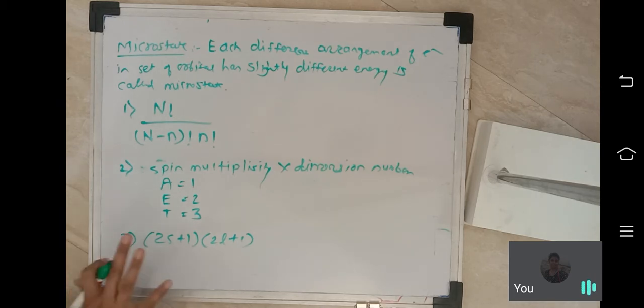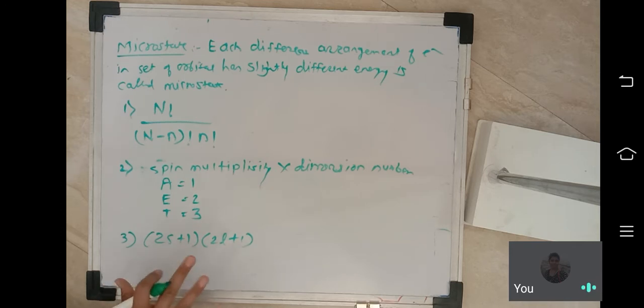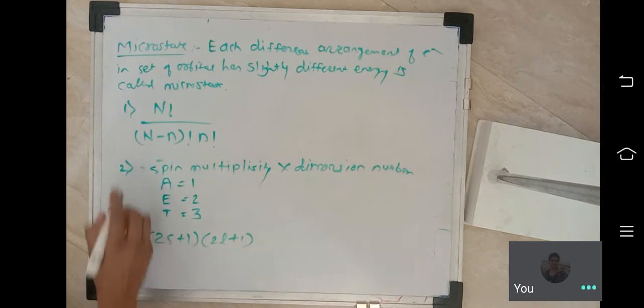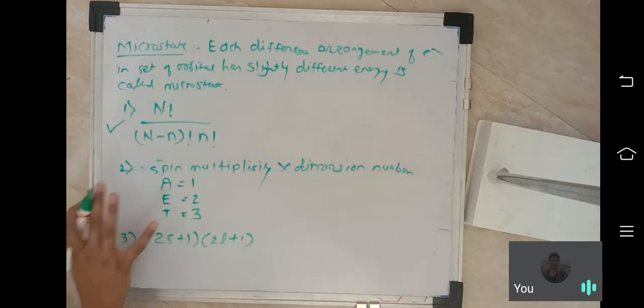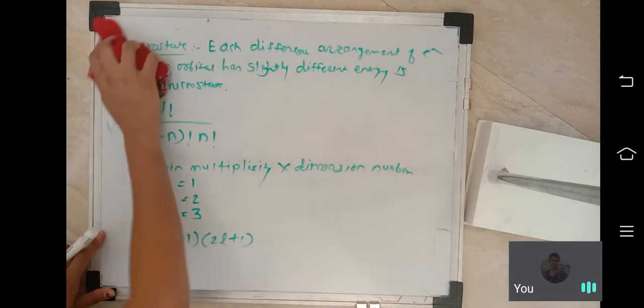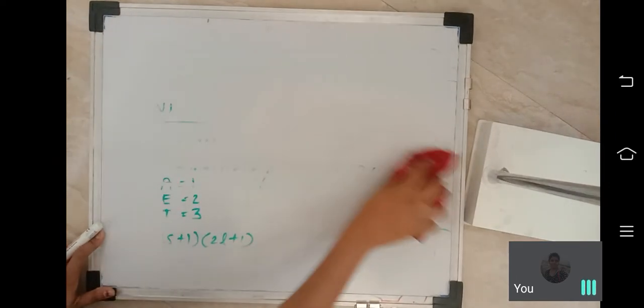In the exam the question is asked like this: calculate the total degeneracy for the following configuration state. For that purpose you require the different formulas to calculate the degeneracy. These are very important formulas to find the total degeneracy of different molecules. Now we see an example of how to calculate the total degeneracy. First, not an ion, you just take the orbitals.